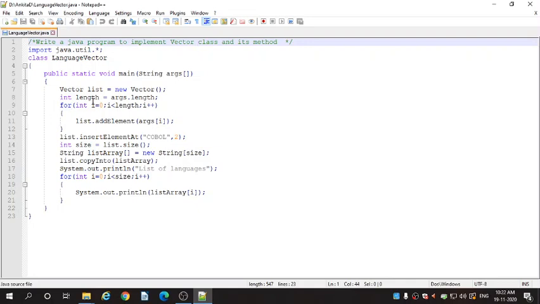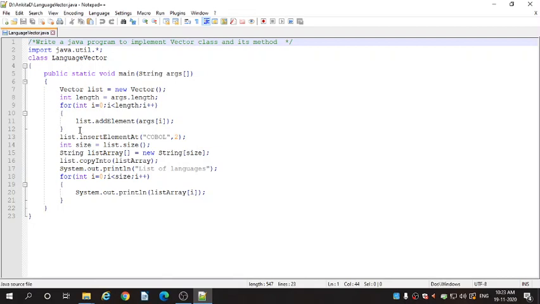So this line, args.length, will give us the length of the arguments, that is 4, and it will get stored into the length variable, which is of type integer.